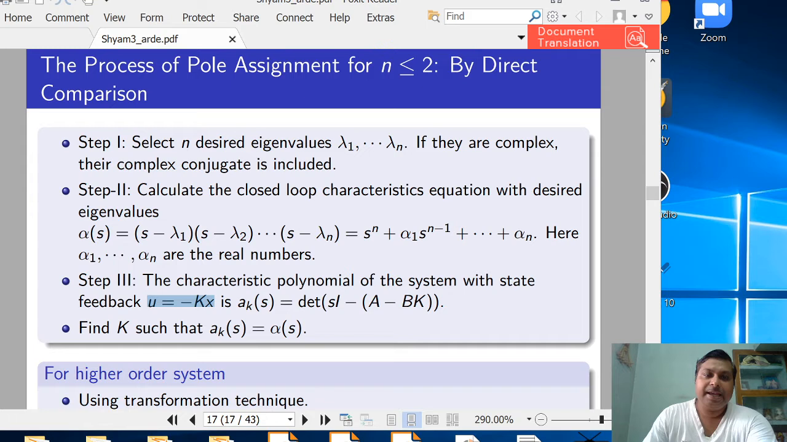This will also be a characteristic polynomial, but it will be in terms of k1, k2, up to kn. Once we get this, we will compare this desired characteristic equation with the characteristic polynomial of the closed loop system. Then we will get the values of k1, k2, up to kn. Here I am saying kn, but it is suitable for n less than or equal to 2, so it is better to say k1 and k2. You can go for a higher order system also, but the process will be complicated, because as I told you that this